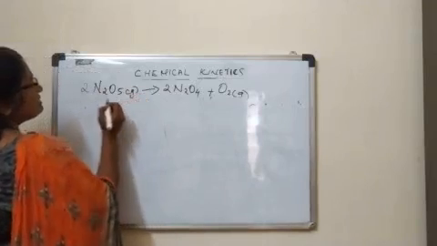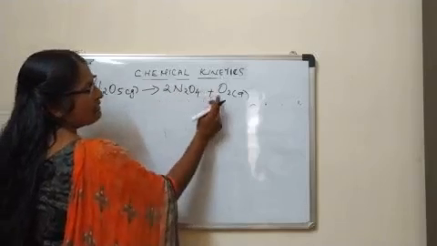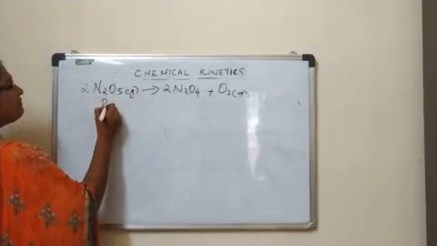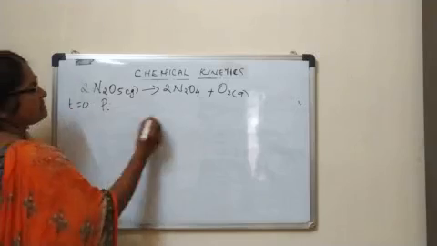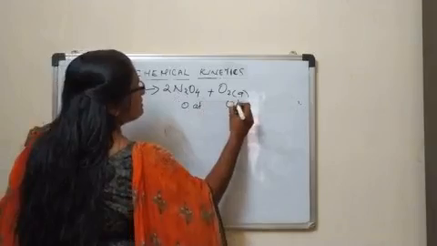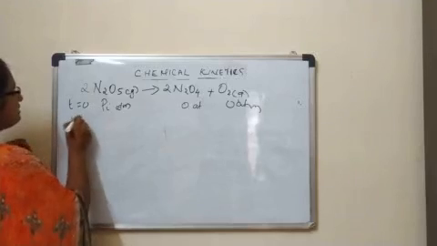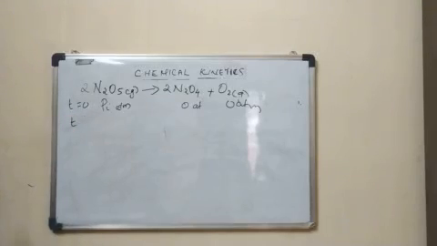From this equation we can see that when 2 moles disappear, 2 moles of N2O4 as well as 1 mole of O2 are formed. Let Pi be the initial pressure at time t is equal to 0. Here it is 0 atmosphere, and this is also 0 atmosphere at time t is equal to 0. Then at time t,